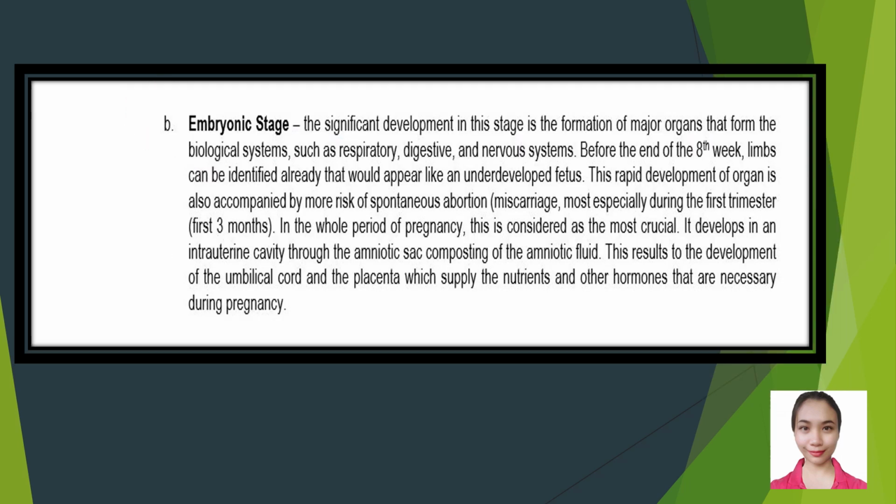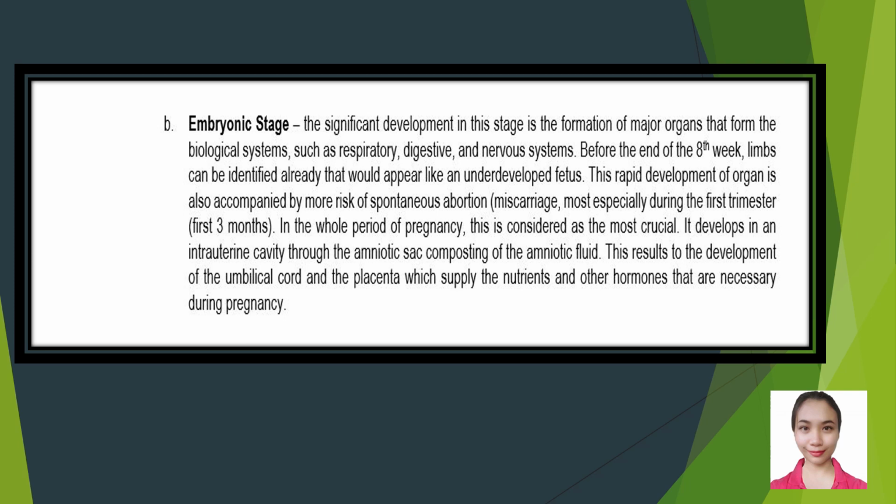Okay, class. So the next stage will be the embryonic stage. So the significant development in this stage is the formation of major organs that form the biological system, such as respiratory, digestive, and nervous systems. So before the end of the 8th week, limbs can be identified already that would appear like an underdeveloped